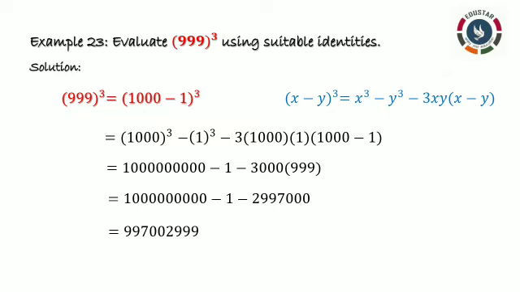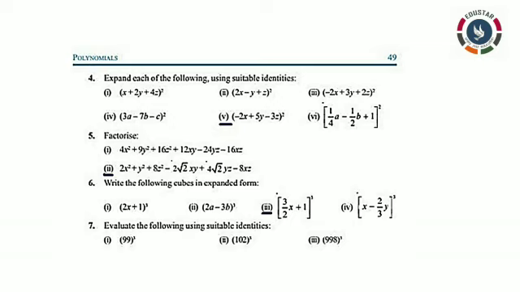That's it guys. Our session ends here. Copy all these sums in your classwork note. And for homework, take page number 49 in your NCERT Maths book. 4th question, 5th question, 6th question and 7th question. In these 4 questions, except the underlined sums, write all the remaining sums in your homework note.